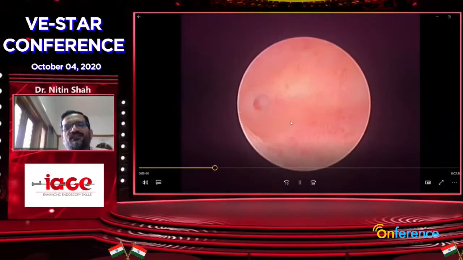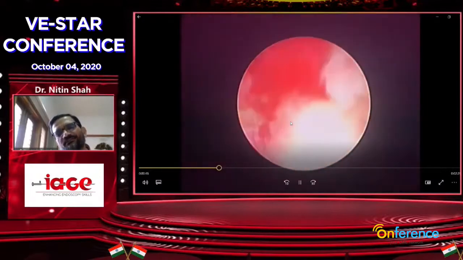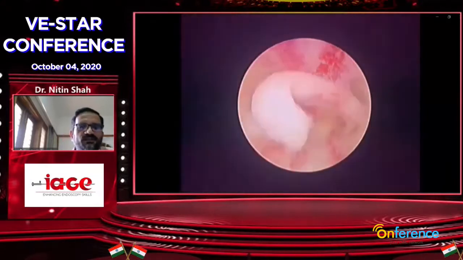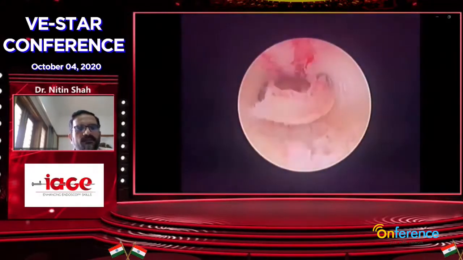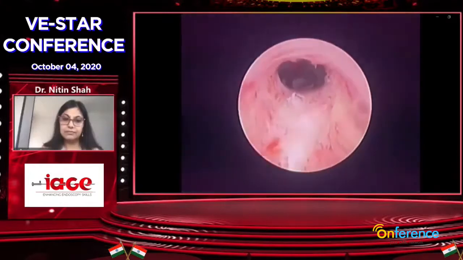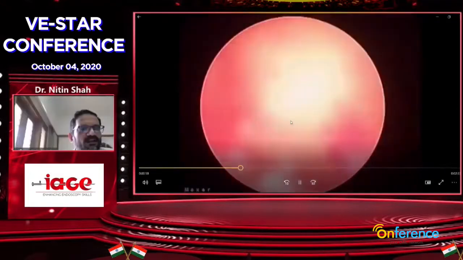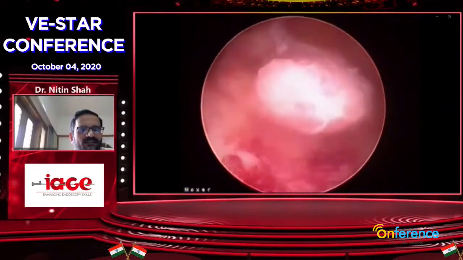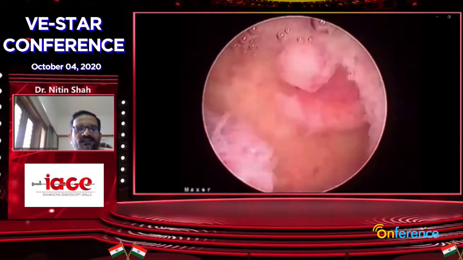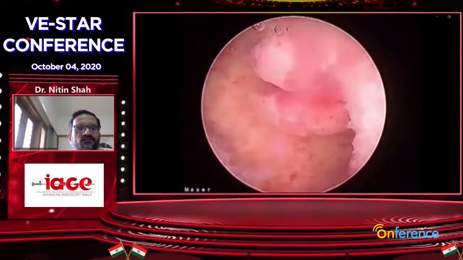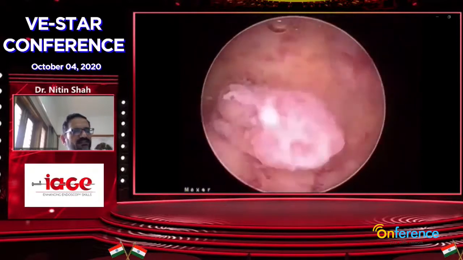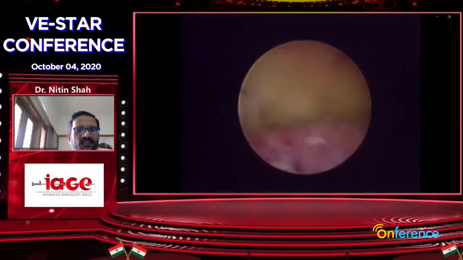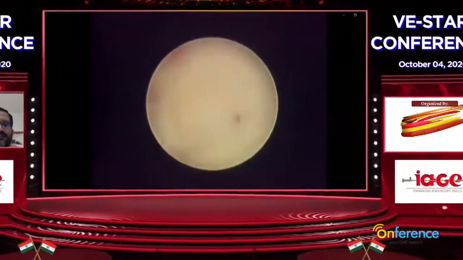Then we gently go inside the uterine cavity to see the tubal ostia and a panoramic view of the uterus from inside. Uterine polyps are hyperplastic overgrowths of the endometrial glands and stroma. They can grow from anywhere in the uterine cavity. They can be either pedunculated or sessile. They have various sizes, ranging from half a centimeter to 4 to 5 centimeters, and sometimes prolapse out of the uterine cervix. The most common presenting symptom is intermenstrual bleeding, or sometimes they are asymptomatic.